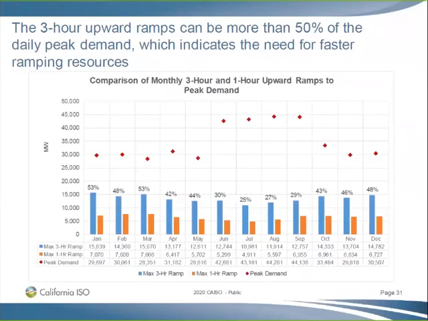Slide 31, what we did this year is we tried to show the peak. So the peak is that red diamond. So the peak for the day, and then we showed, the blue is the 3-hour ramp. So you can see the 3-hour ramp, like in March, was 53% of your peak. So now, when you think about it, you got to make that peak load, but more than half of that peak load, you need to make that in 3 hours. So these are kind of scary numbers when we look at what it is you need. So you can just look at this and look at the numbers and tell, well, that fleet, something needs to be done. And so these are things that we're looking at.